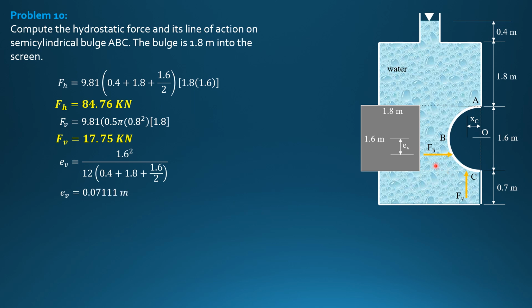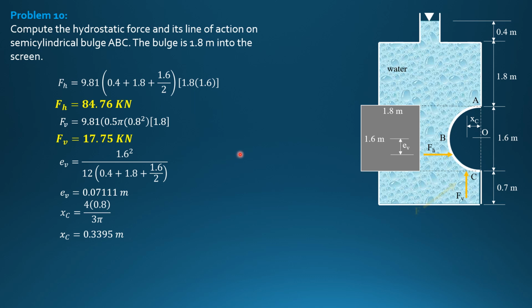So FH is below B by this value. Then X sub C is 4R, 4 times 0.8 over 3 pi. It is equal to 0.3395 meters. But because this is circular, by principle, the resultant force passes through O at an angle of arctan